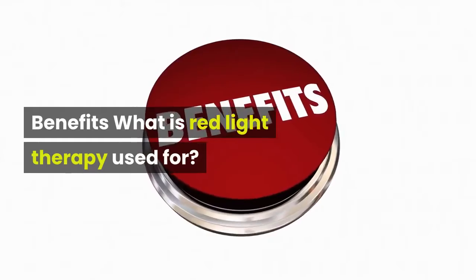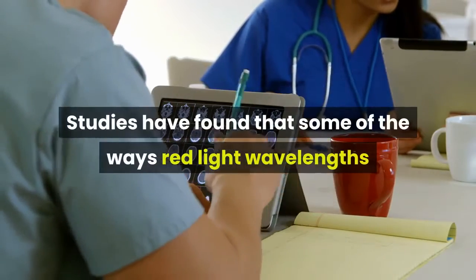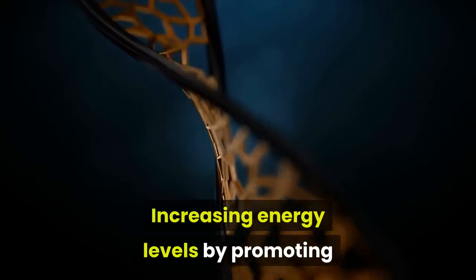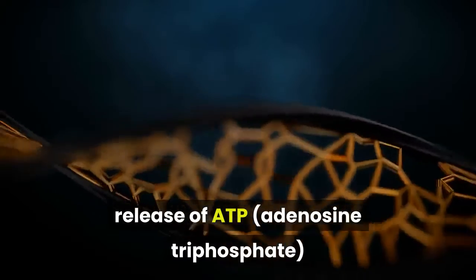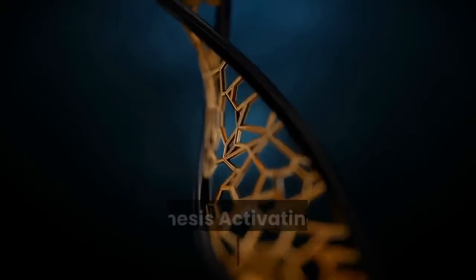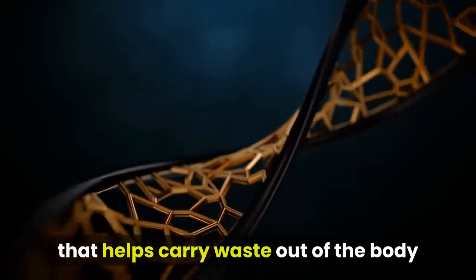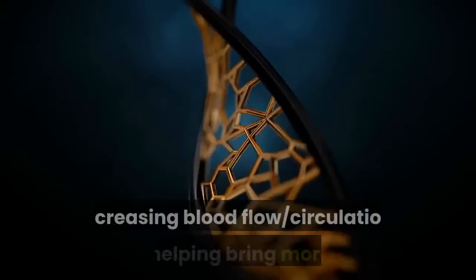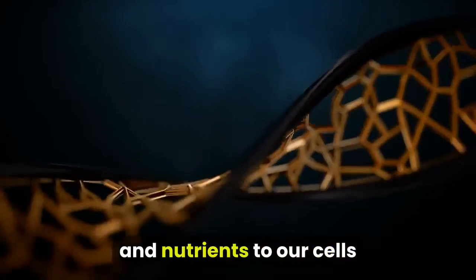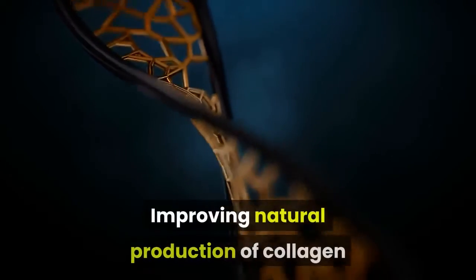Benefits. What is red light therapy used for? Studies have found that some of the ways red light wavelengths work to improve overall health include increasing energy levels by promoting release of ATP, adenosine triphosphate, from cells, mitochondria stimulating DNA, RNA synthesis, activating the lymphatic system, an important part of our immune system that helps carry waste out of the body, increasing blood flow, circulation, thereby helping bring more oxygen and nutrients to our cells and tissues, forming new capillaries, small blood vessels,